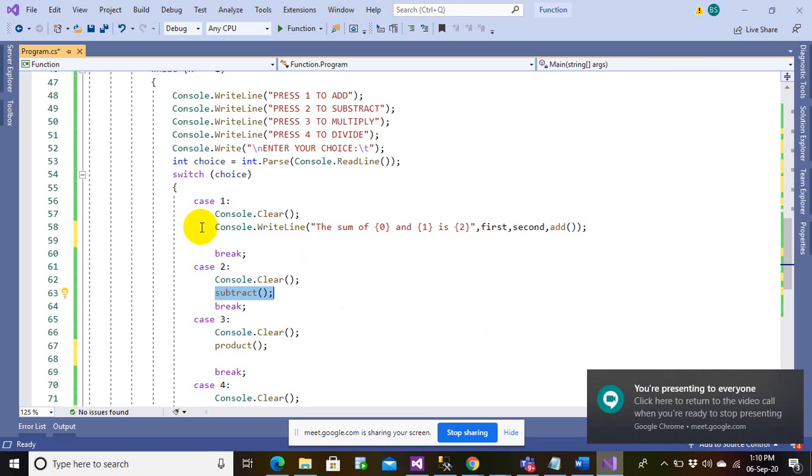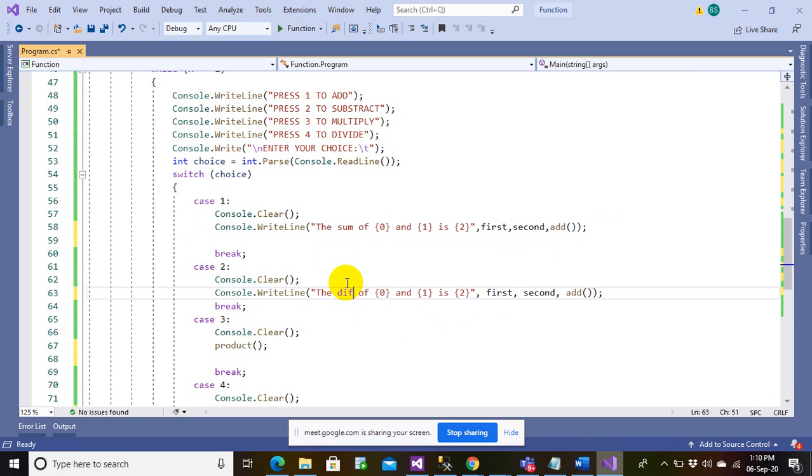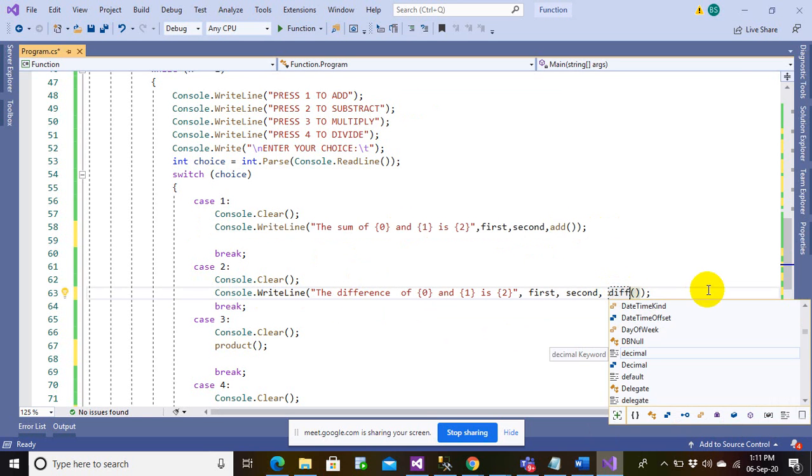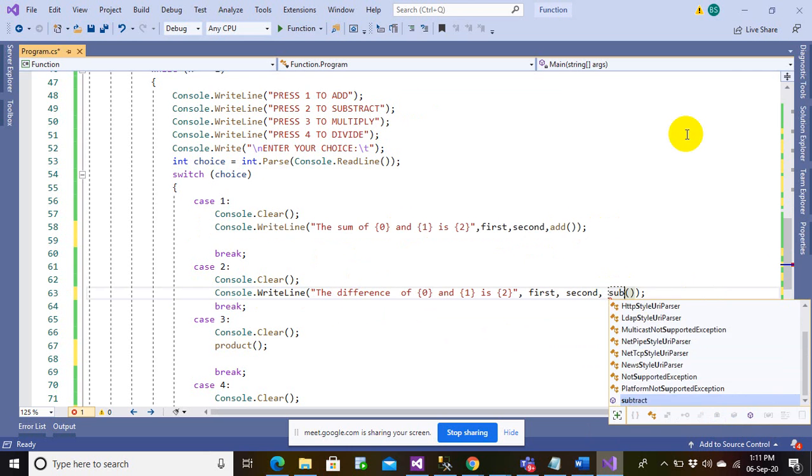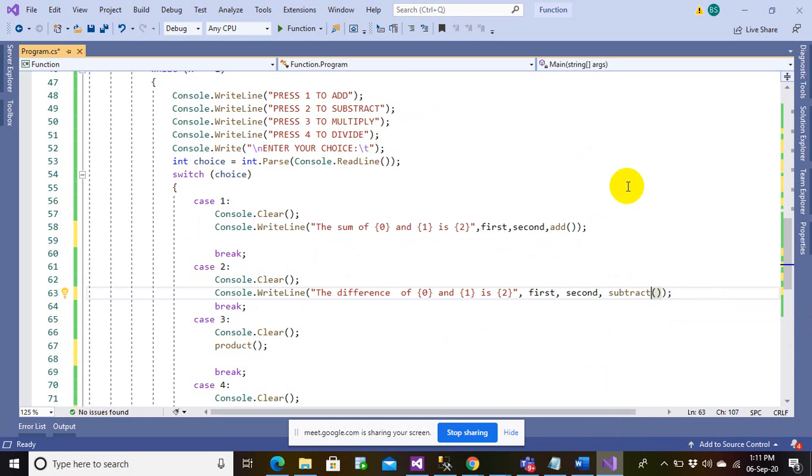Let me copy this and paste it here. The difference of this and this is the difference. Subtract, maybe. Okay, this is functioning.